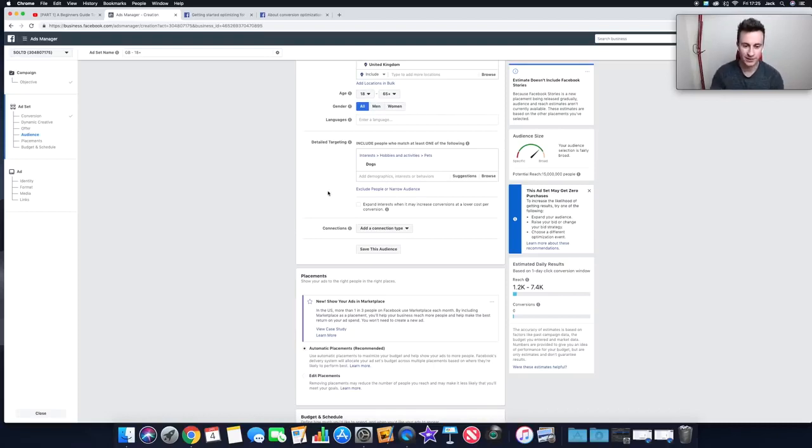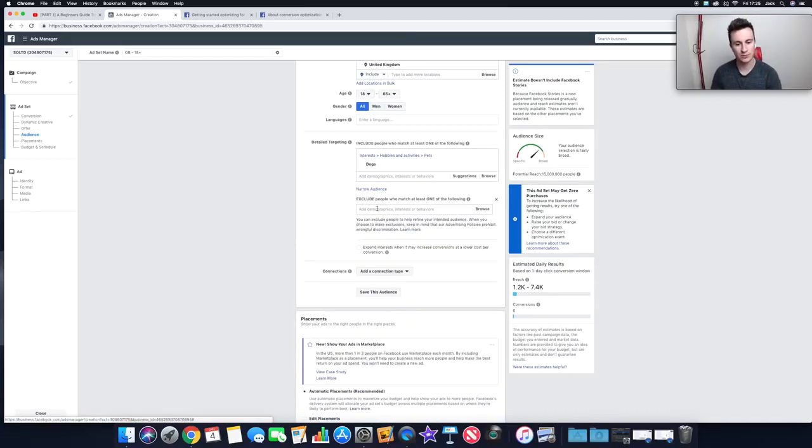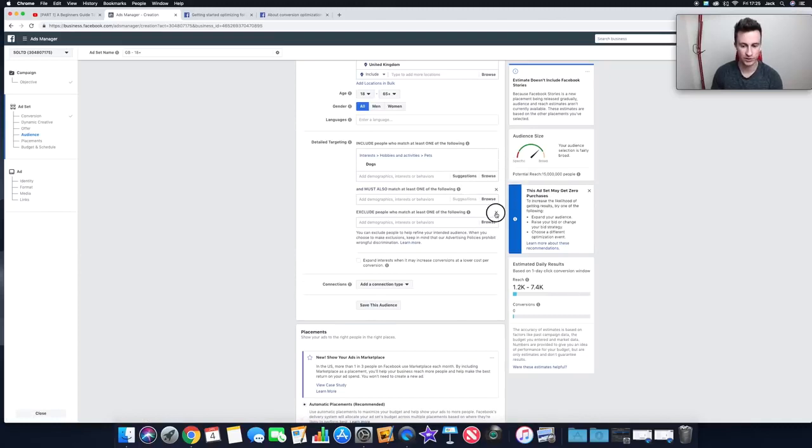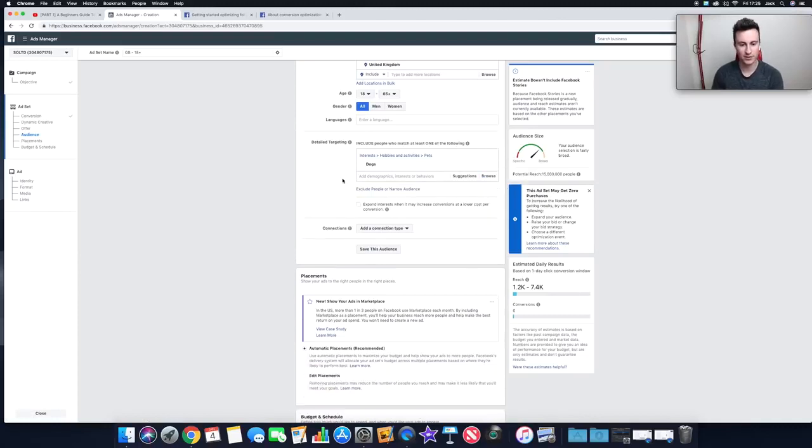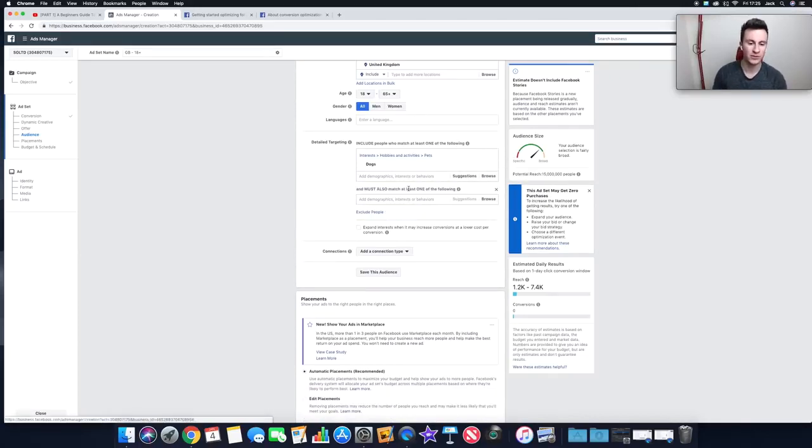Moving on to the next couple of points, we have exclude people, which is basically where we can exclude certain interests, with the same options, and we can narrow an audience as well. If I just X this off to show it properly, to narrow audience, as it says and explains there, people must also match at least one of the following. To give you an example, dogs as a whole is obviously quite broad, but if we were to put in there,